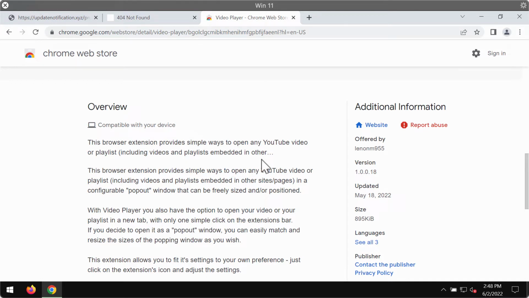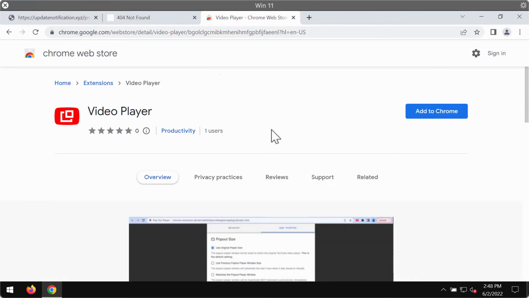embedded in some other way. This browser extension provides simple ways to open any video or playlist in a configurable pop-out window that can be freely sized and positioned. The point is that maybe for some people this function sounds really good and helpful, but